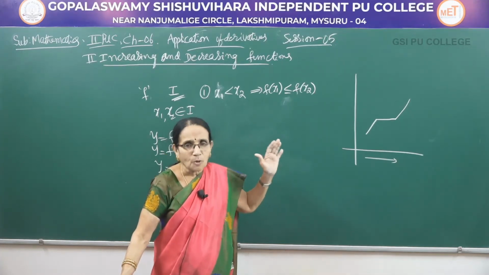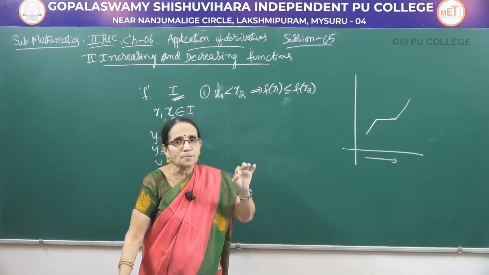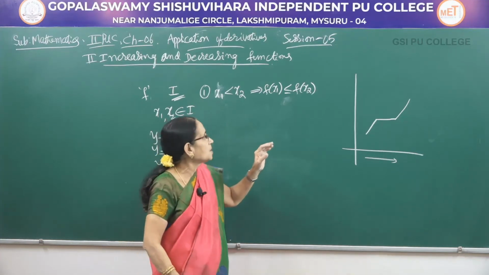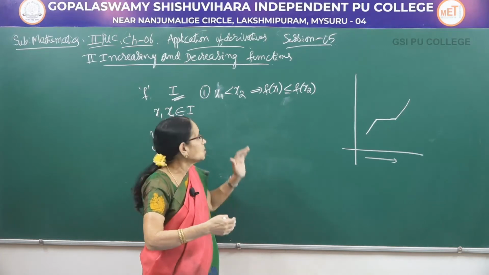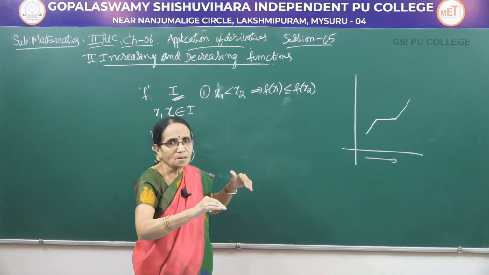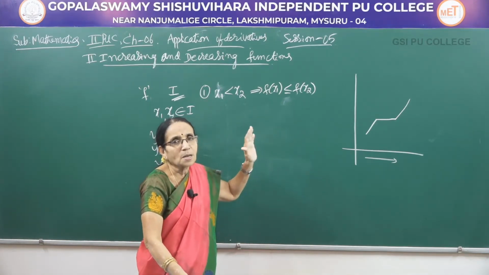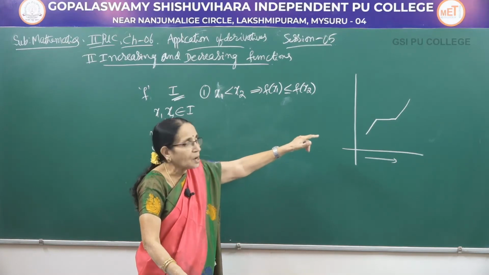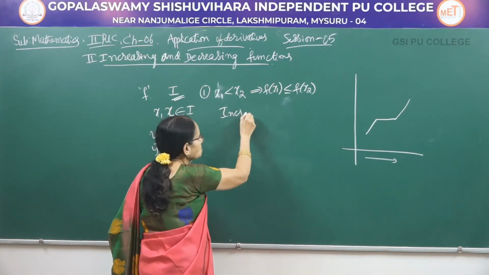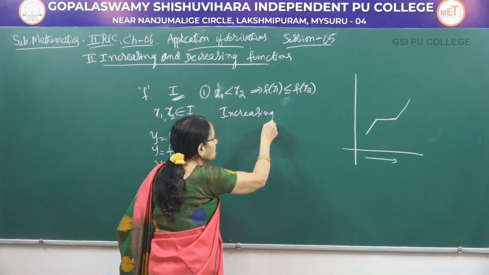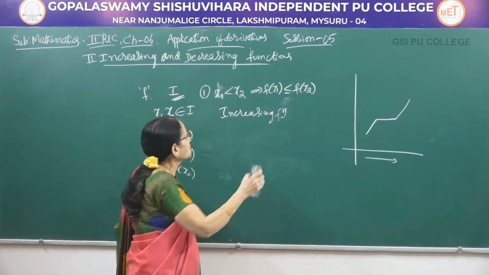But here, generally I can say that. In the formal definition, we consider an interval, and in that interval, how does it behave? That's what we are going to tell here. As x1 less than x2, that means one value is less than the other, in other words, x is increasing. And f of x1 would be either less than f of x2 or equal to f of x2. So, the graph of this would be like this. It is called an increasing function. Usually the curve would be like this.